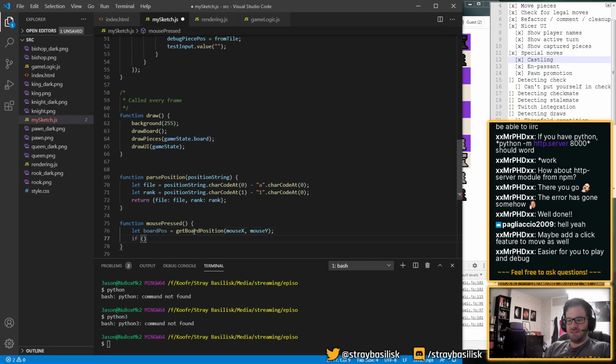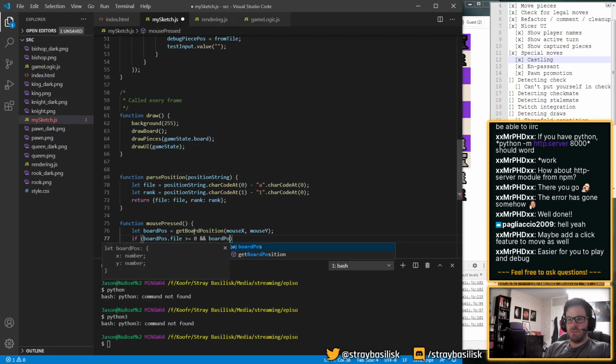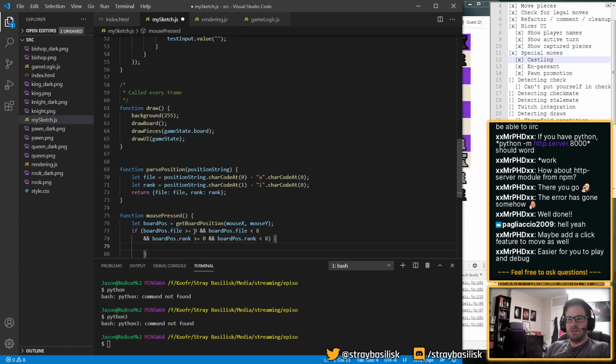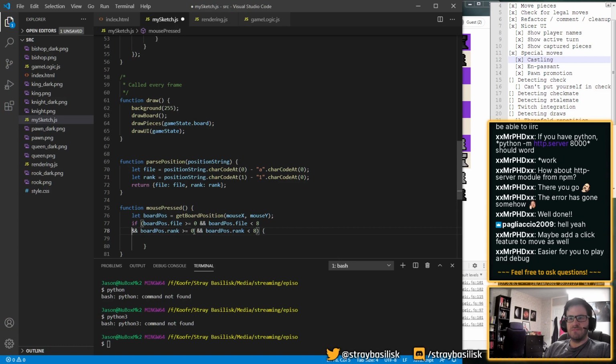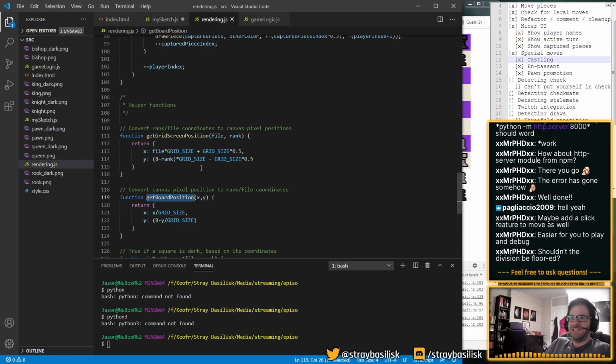So let's say if dot file less than 8. Then, yeah. Oh, this is great. This is like pair programming.